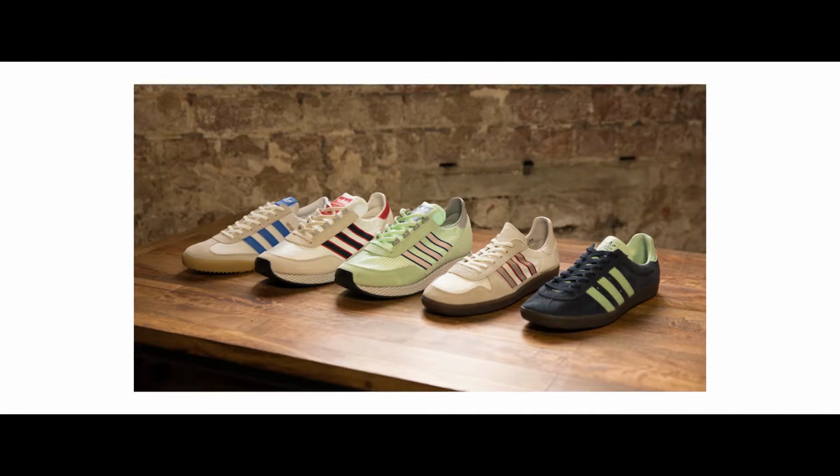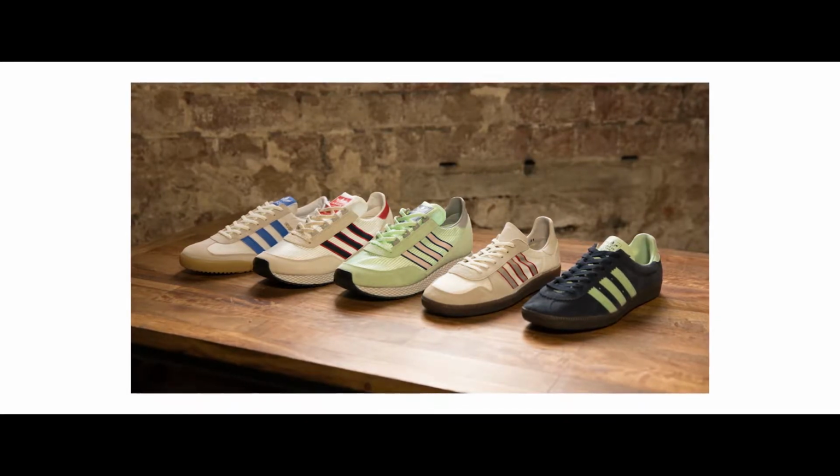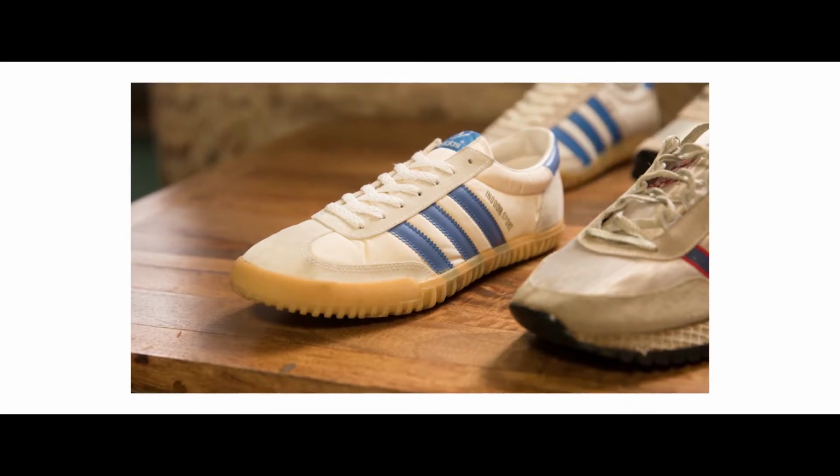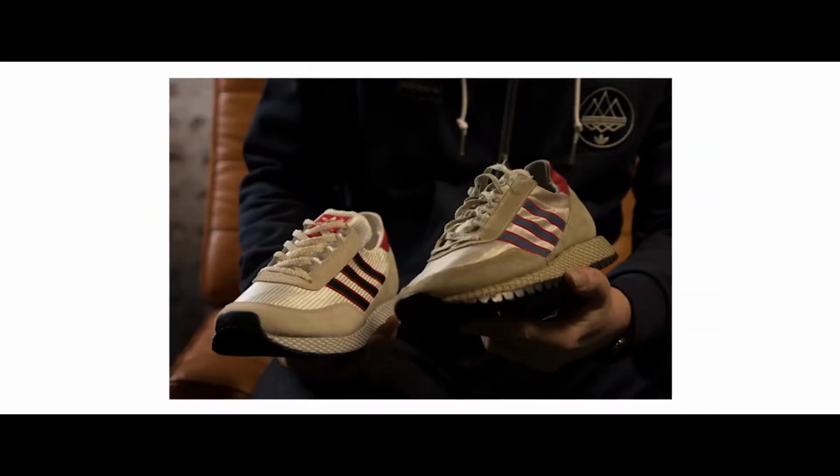So for spring-summer 2018 with Spezial, we went back to the drawing board that we always go back to with every collection. Old Adidas catalogues, the Adidas archive in Germany, my own personal archive, and start looking through there to try and get ideas for some kind of story that can underpin the collection. With it being 2018, it was the 30th anniversary of the second summer of Love and Acid House,